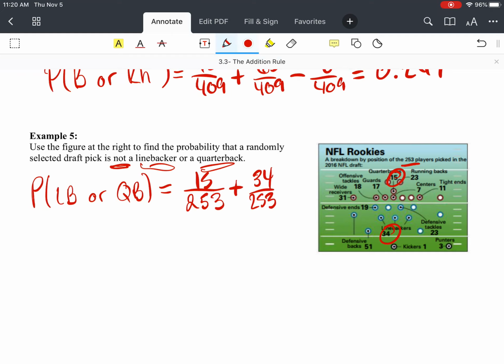The linebacker is down here, so that would be 34 out of 253. And notice that these are mutually exclusive. You don't have any quarterbacks who are also linebackers. So we're simply going to combine these. That'd be 15 plus 34 would give us 49 out of 253, which is approximately